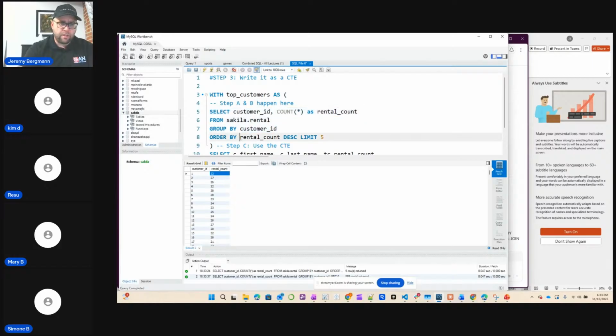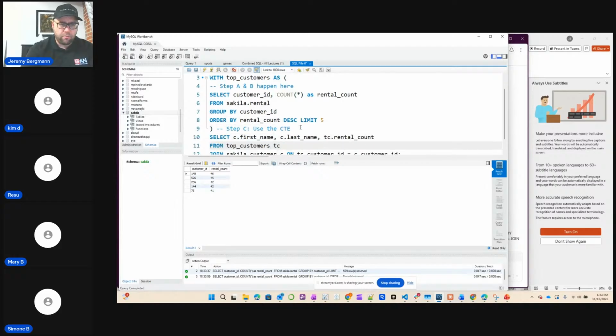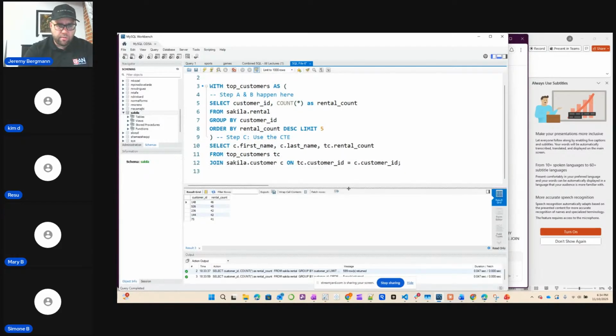And then remember at the beginning, if you're ordering by the rental count descending and limiting the number of records to 5, that is going to take all these from top to bottom. And then you'll cut it off at 5 and get your top 5 customers. And there's the rental count. So now if we run this,